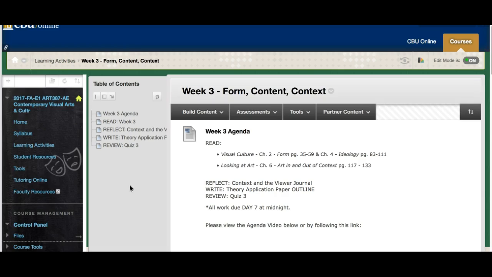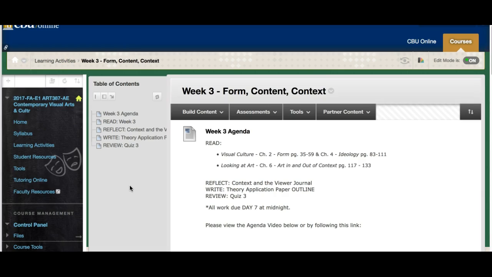Any questions about work I've graded thus far, let me know. I'm more than happy to go over things with you in more detail. And again, be looking for those. Mini art cyclopedias will be back to you by Friday at the latest. Those take me a bit longer to grade than quizzes and discussion boards, etc.